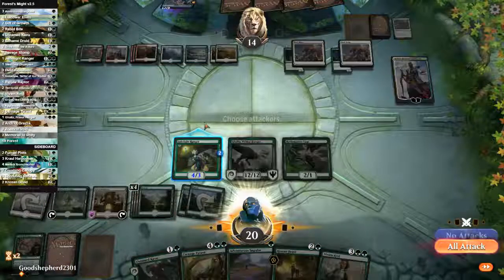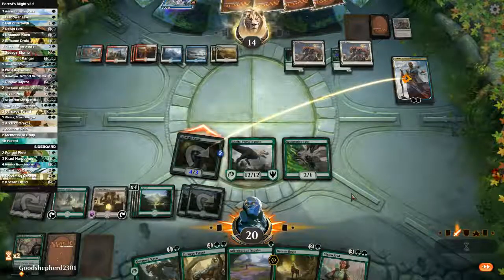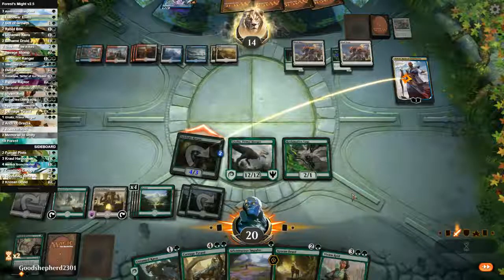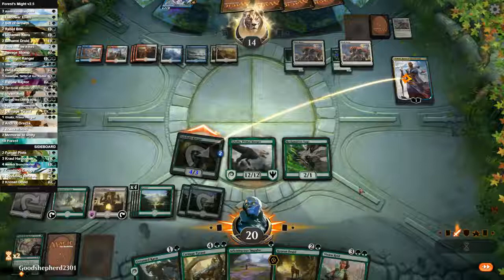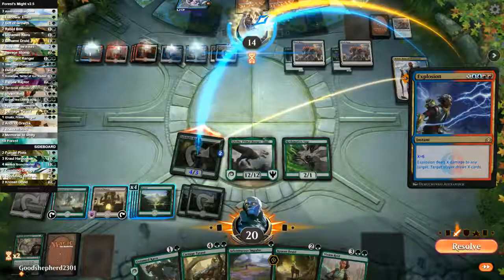So first, let's make him answer this one. He probably has a burn. Well, if his burn spells are Lava Coils, he probably has something else. Forced Seal Away, in which case I should hold back. Seal Away is the only thing that he...